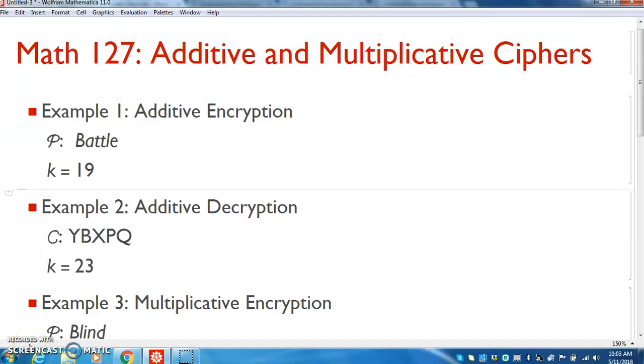In this video, we demonstrate how to encrypt and decrypt with the additive and multiplicative ciphers using Mathematica. While many of these computations can be done with a handheld calculator, Mathematica makes the process much smoother and more efficient. We will make use of several shortcuts, including computing with entire lists of numbers and using the percent sign for the last output. For our first example, we will encrypt the word battle using an additive cipher with a